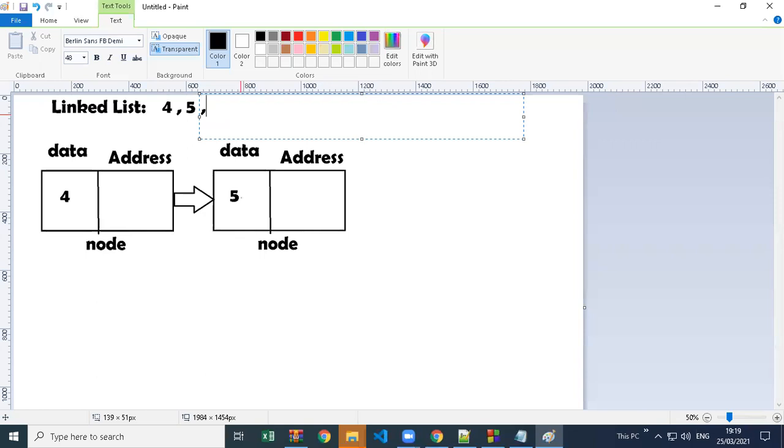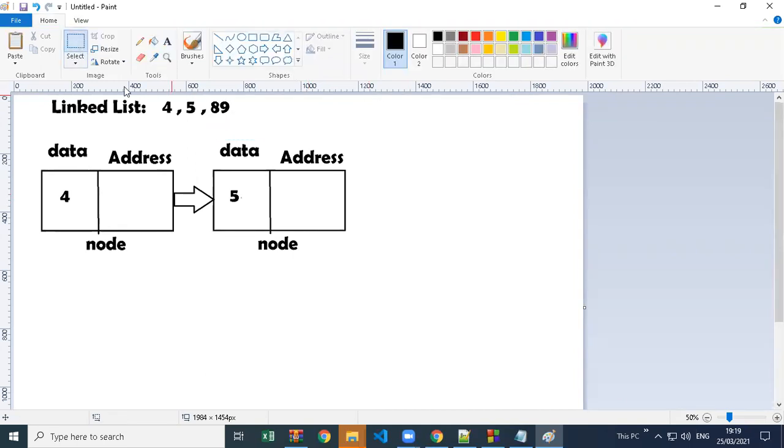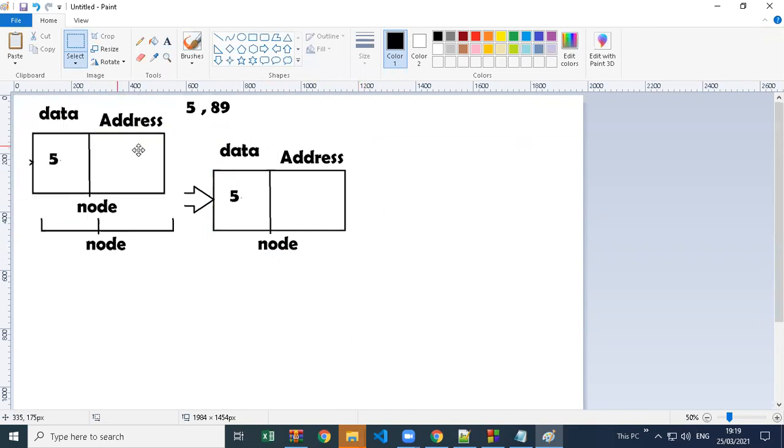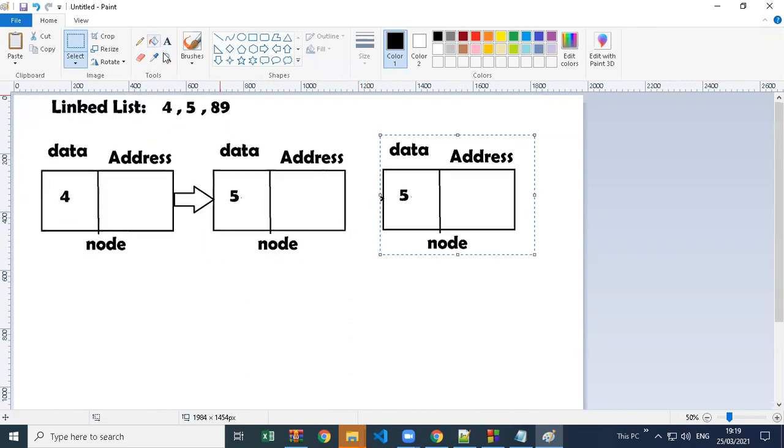Then if I try to store one more value, let's say 89, anything, again it will do the same thing. It will create one more node. This node has the value 89. There is no memory I have specified anywhere, like I want to store 4 values or 8 values. I just said I want to store 4, it created a node and stored my value.